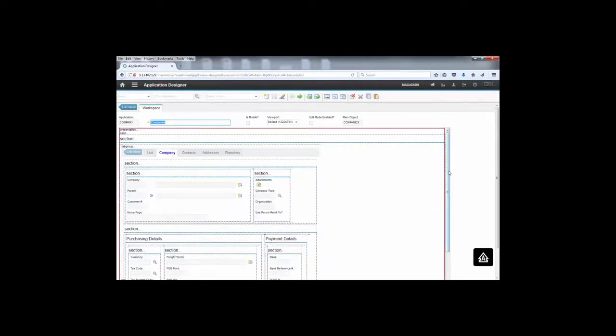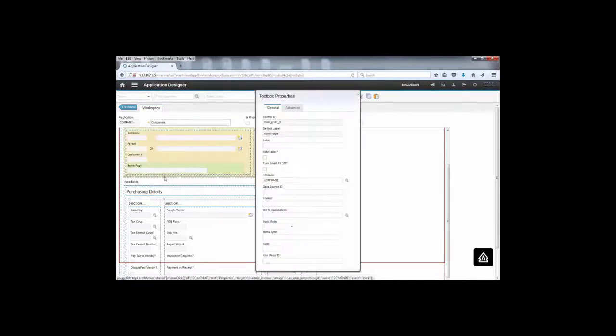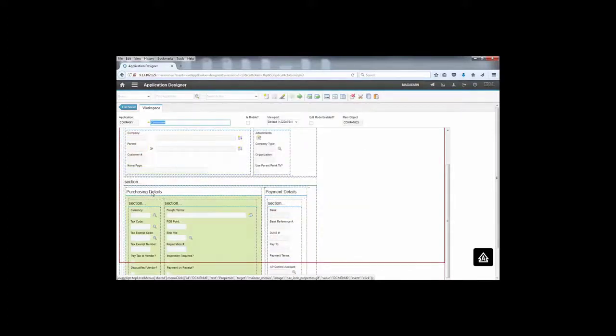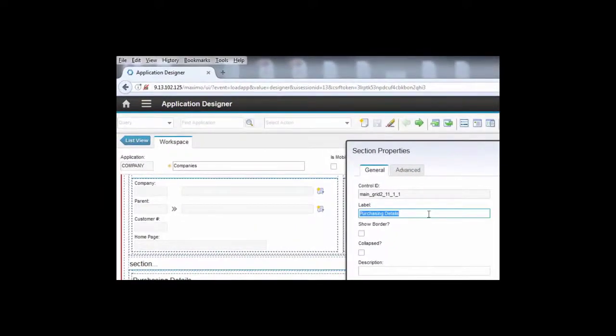So we are seeing the company's application, and let's suppose that I want to change the purchasing details label, or maybe any field. So when you go to the properties for each of those controls, you have a control ID, and then you have a label or some information that is related to that control. So pay attention to this, because I'm gonna take this as an example. You can do the change here, or you can get the control ID and make changes on your